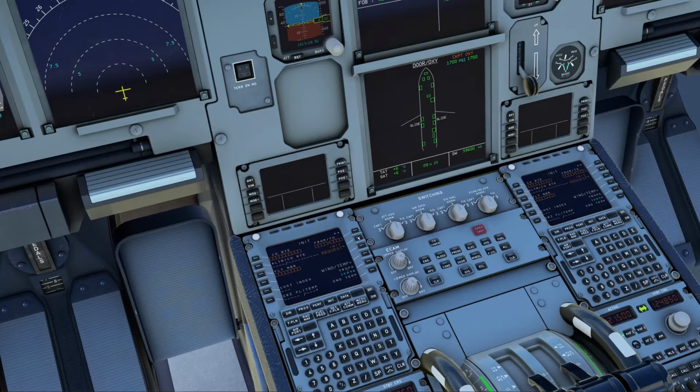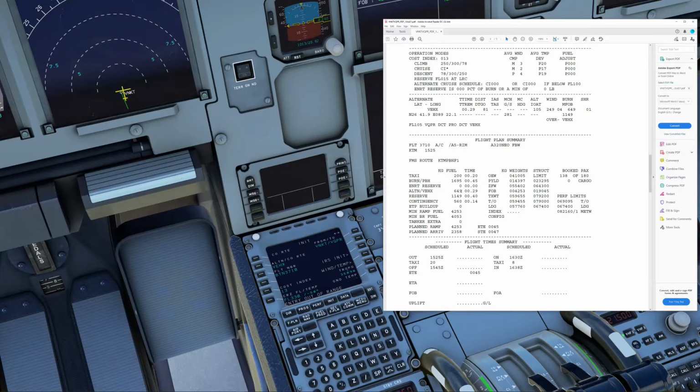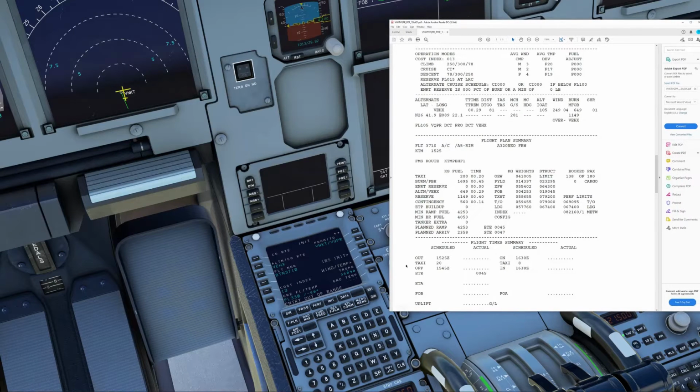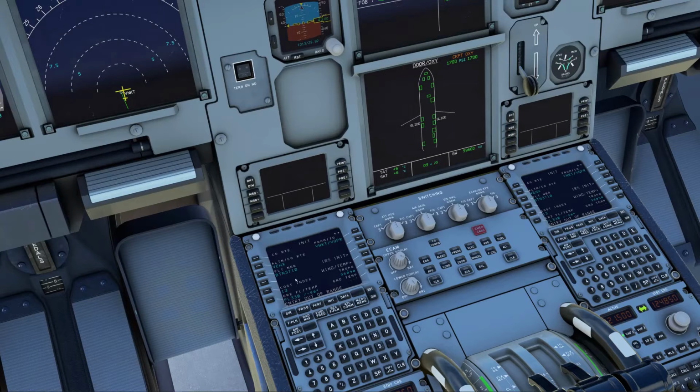Right, so let's go back to the INIT page and do an INIT request. Okay, and you can see that's come through. Now it's always good to check your flight number. Make sure that your flight number is the same flight number that's on your load sheet, your flight plan from SimBrief. The reason being that you could have done several flights and you might be looking at the wrong flight for that particular day. It's always good to just confirm the flight number, which we've done. Okay, alternate is very close by, and cost index 13.